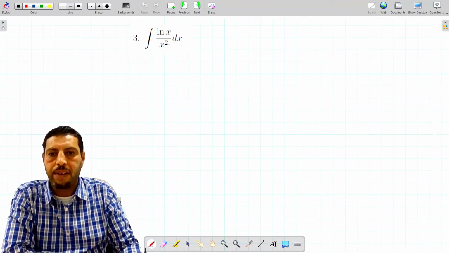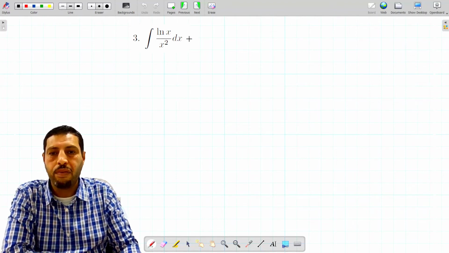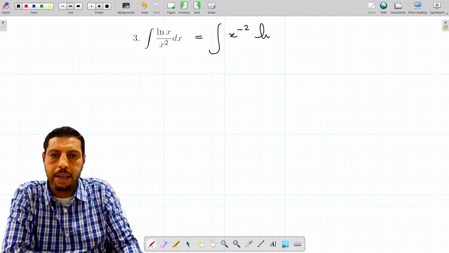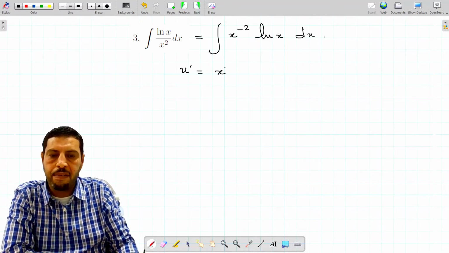the integral of ln of x over x squared. Here we can't directly apply the integration by parts since we don't see a product of two functions. So first of all, let's write it as a product of two functions by using negative powers. So we're going to write it x to the power of minus 2 ln of x dx, and I will choose u prime equals x to the power of minus 2, the polynomial, and v, the logarithmic function ln of